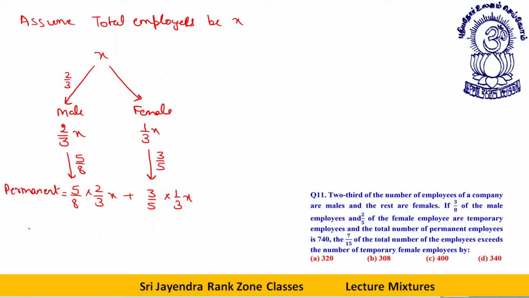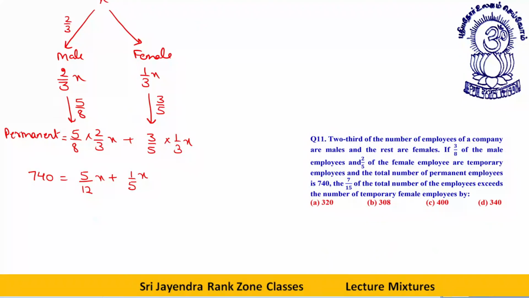Okay, this is given, permanent are 740, which is equal to 5 by 12 x, plus 1 by 5 x. So if I solve this equation further, what I will get is